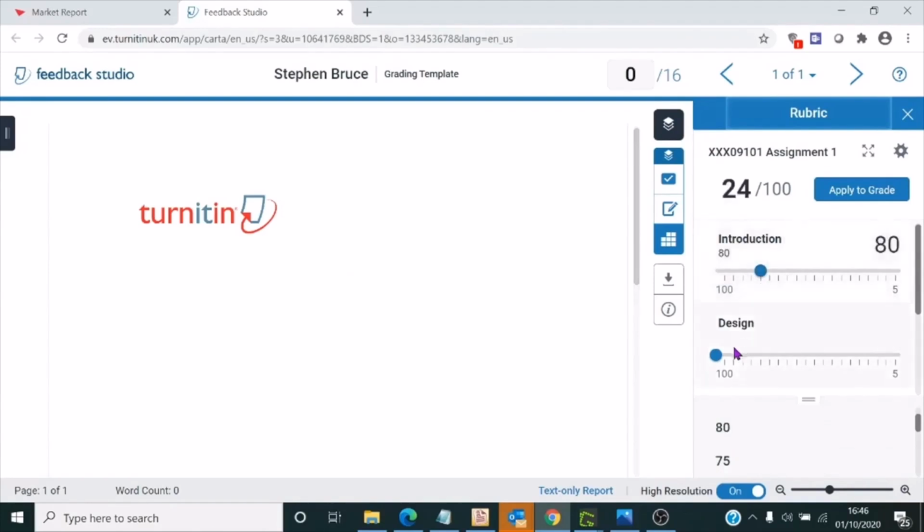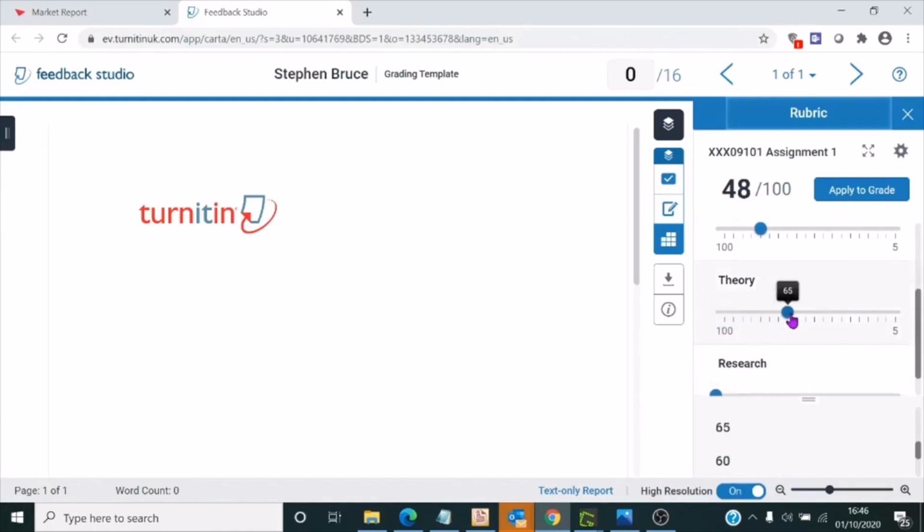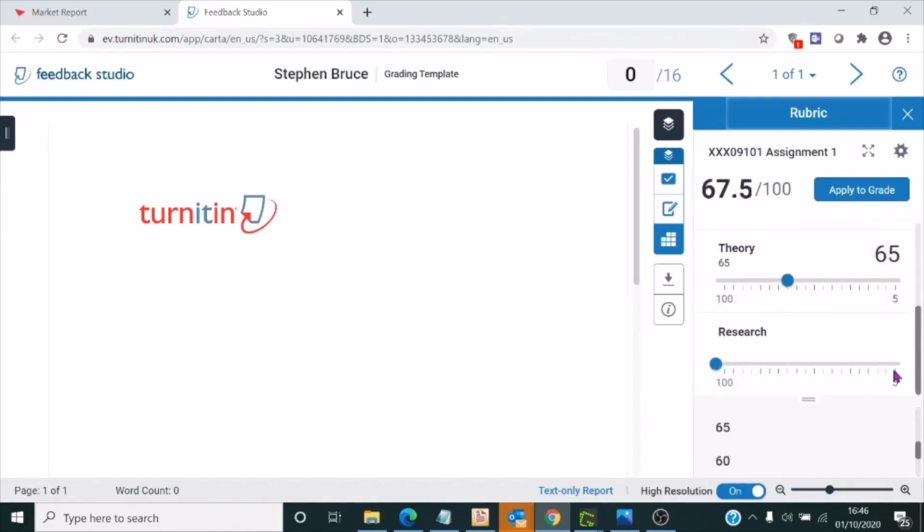So just move them along to the appropriate place. You can see even with 20 scale points, it's very easy to do. And then click on Apply to Grade, and that will push up to the top here the total score for